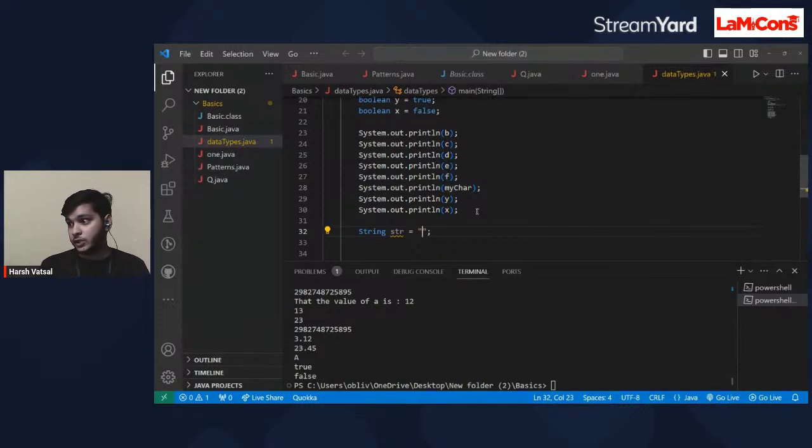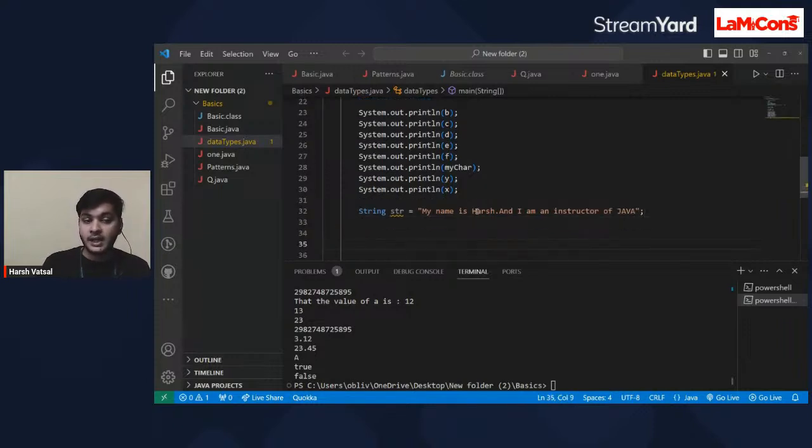Okay, sorry, in string form. Okay, so let's store that in a string: my name is Harsh, full stop, and I am an instructor of Java. Okay, if I store that in a string, and if I try to print that str,